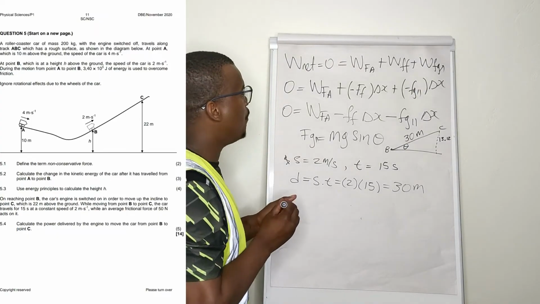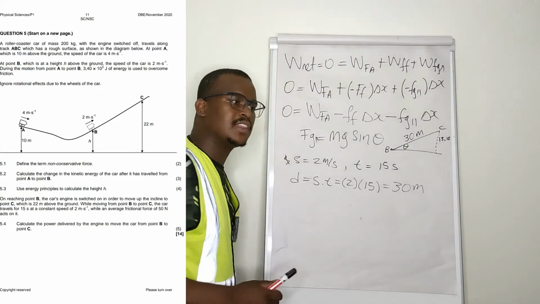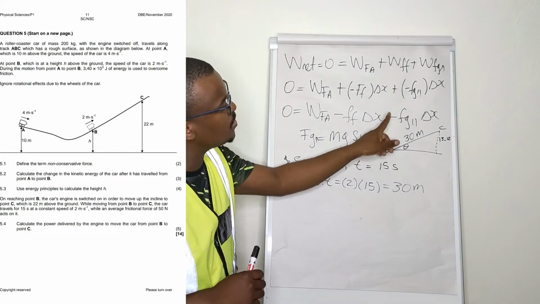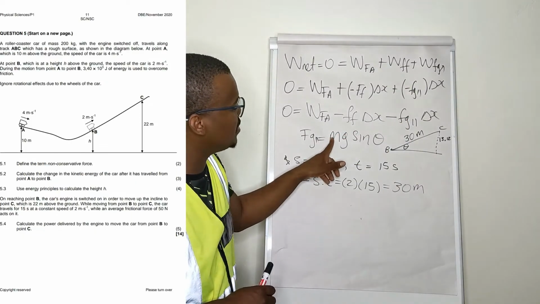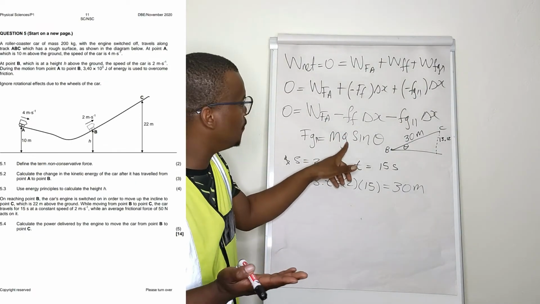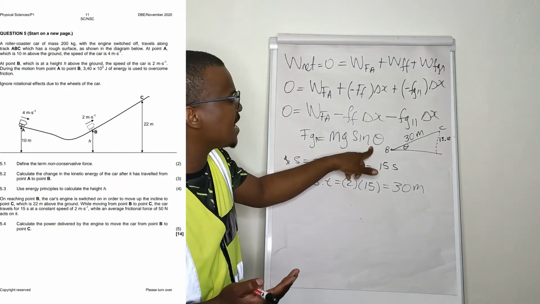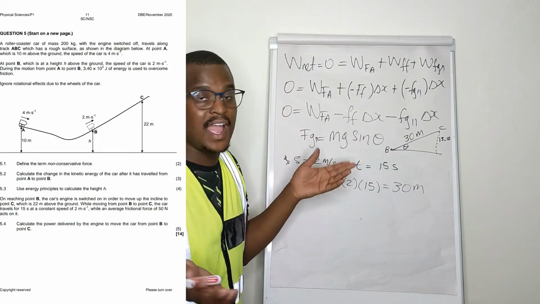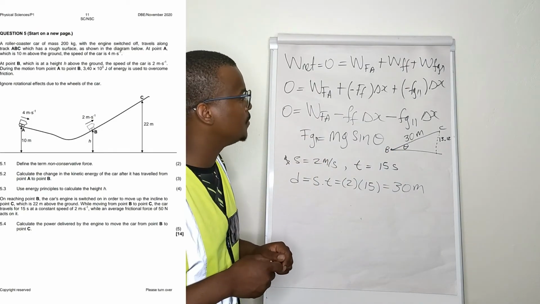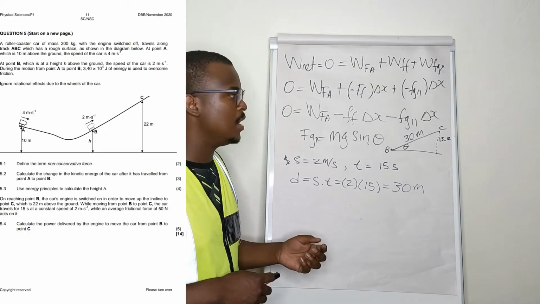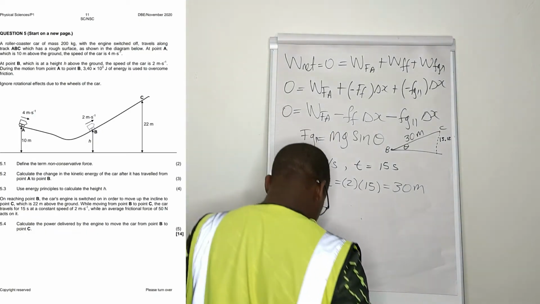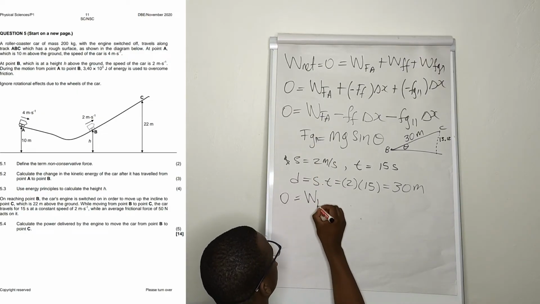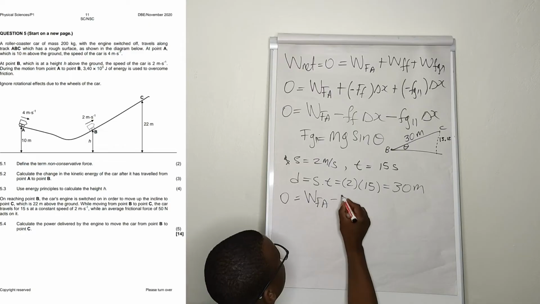So now we go back to this. We have the frictional force. We're told that the average frictional force up the incline is 50 newtons. We have our displacement. We can find FG parallel: m mass, g gravity, sine theta is opposite over hypotenuse. You know it from maths, or you can calculate the angle if you want to, but I'm not going to do that. Times the displacement, which is 30. So at this point, 0 is equal to WFA minus FF, which is 50,